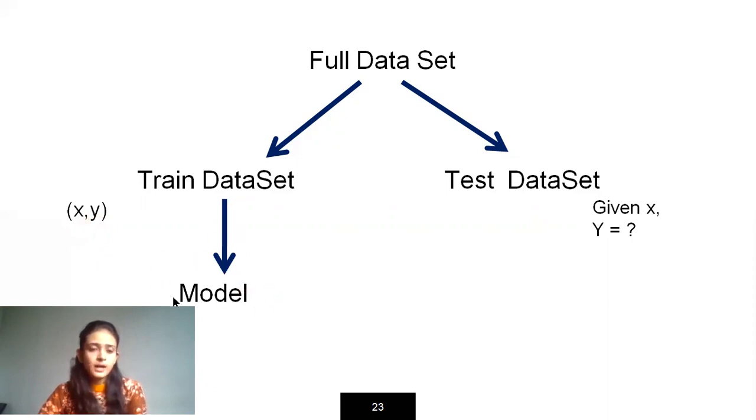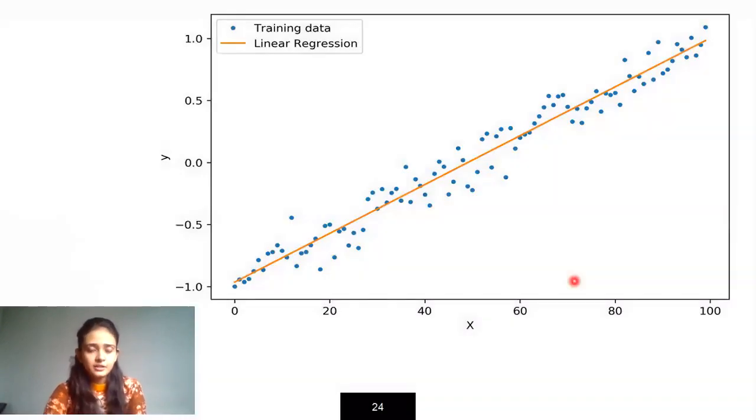In my model, my regression line will be produced, that is y equals mx plus c, and my model is prepared. Now in the test data set, my value of x, the independent variable, will be given, and you have to predict or estimate the value of y. In the model you have the regression line and the value of x, so put the value of x in your formula and you will get the value of y. This is how we perform linear regression.